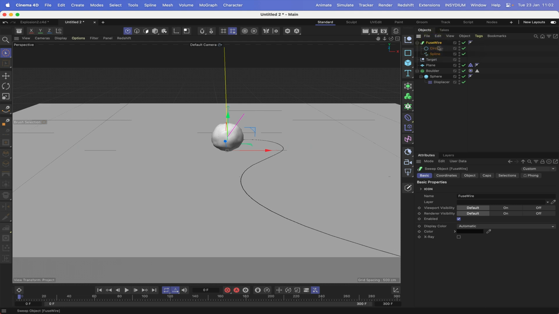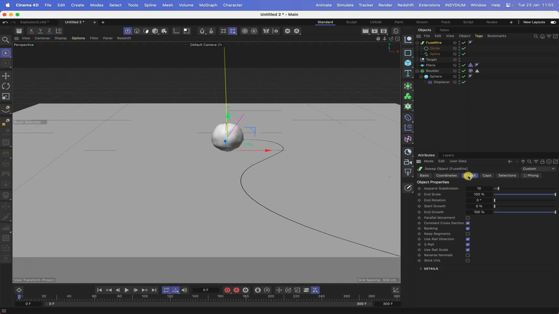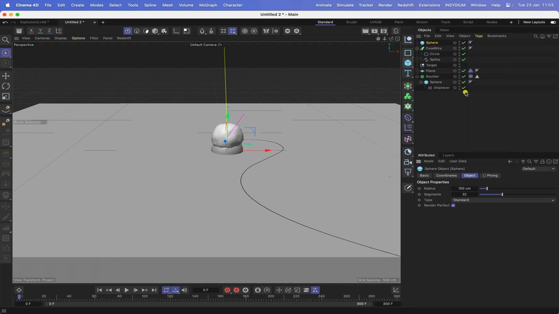The next thing we need to do, we've got to think about how we're going to make the fuse burn. Now, our object here, we've got end growth, and we can work with that. That's the first thing that we can do. That's obviously going to work perfectly well. But we also need to put an end, which is lit effectively, on the end of our fuse wire. So we need to simulate that burning end. The way we're going to do that is to bring in a sphere, and change its radius to 1. It needs to be a hemisphere,